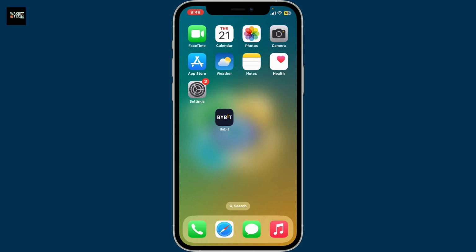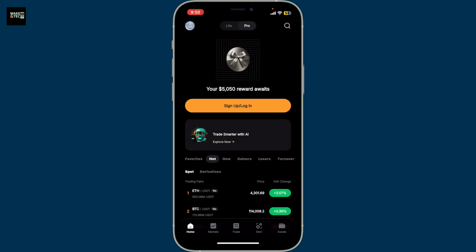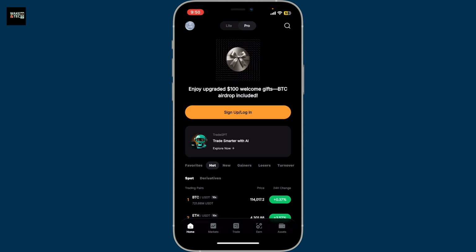First of all, download and install the Bybit application on your smartphone via Google Play Store or your App Store, and once installed, tap open the application. Once you end up on this home page of Bybit, click on the sign up/login button at the top, and